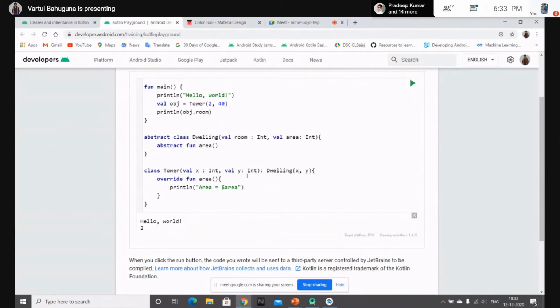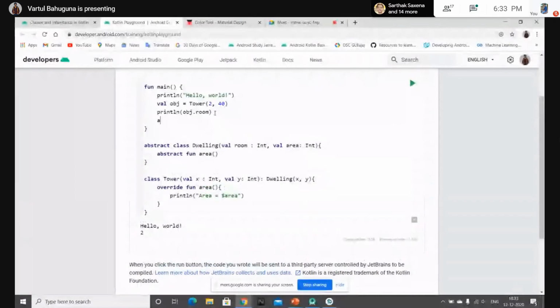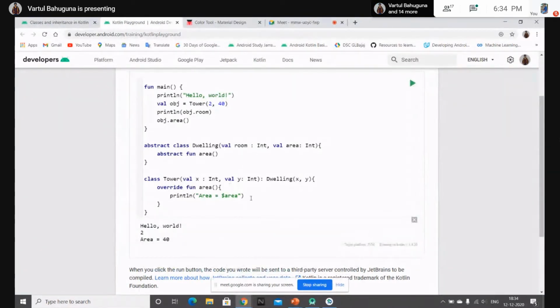Also, if you are inheriting an abstract class, you have to provide the functionality of all the functions that are abstract in that abstract class. Now to use this function, just call it by the instance we have created, obj dot area, and here our function works fine.